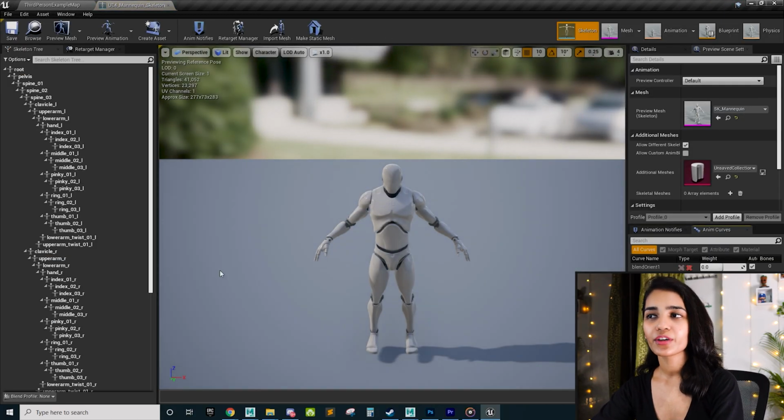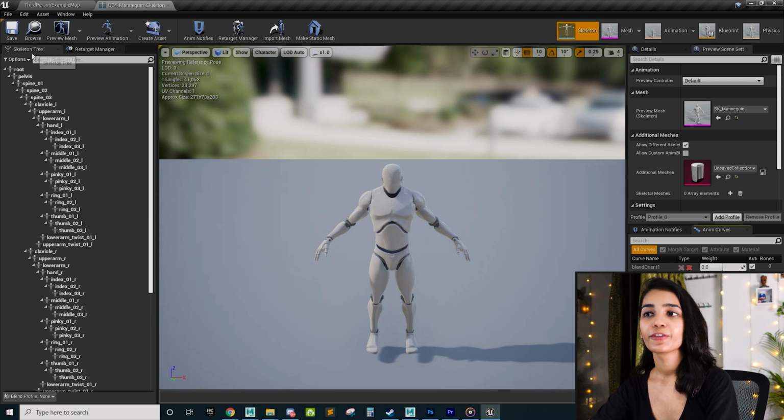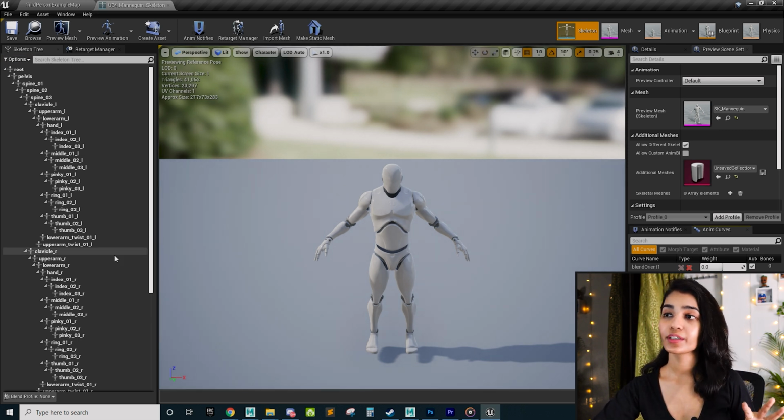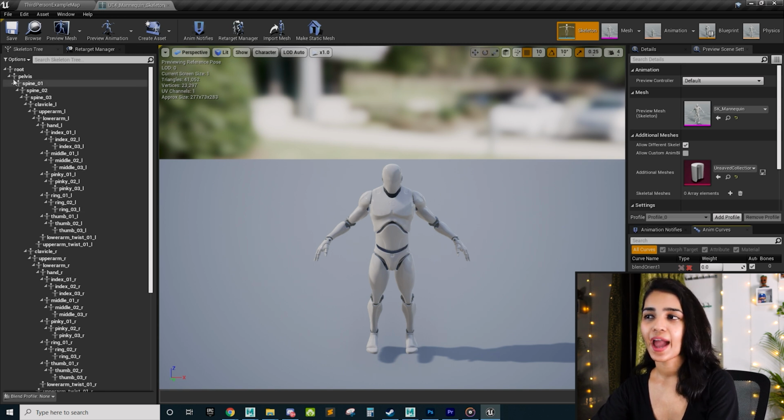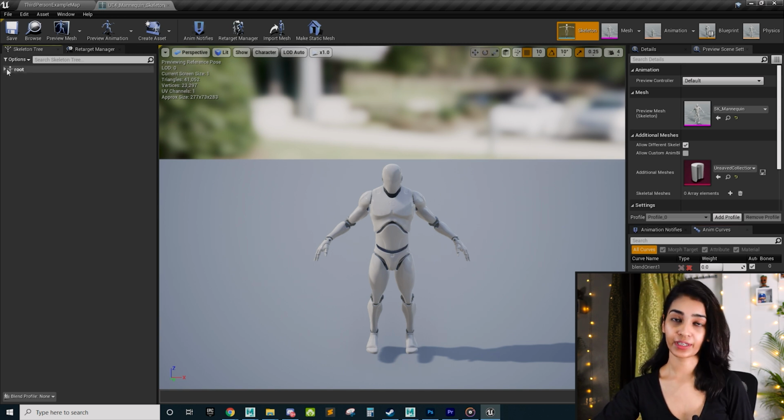If you take a look here on the left under the skeleton tree, we can see the entire joint hierarchy or the rig structure for this character. I'll collapse the root joint here and you can see all the joints in this rig are grouped under a single parent, which is the root here. So this is what makes it game ready. Just make sure that all of the joints of your character that you want to bring in UE4 have a single parent joint like this. Now you can also have an empty group, but that's not the best practice.